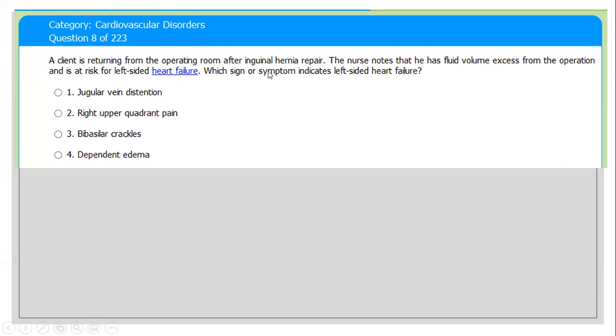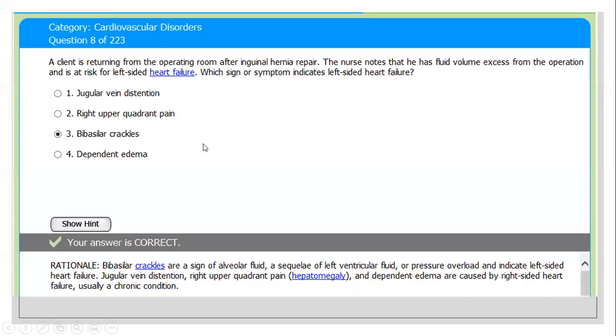Which sign or symptom indicates left-sided heart failure, right? Number 1, jugular vein distension. Number 2, right upper quadrant pain. Number 3, bibasilar crackles. Number 4, dependent edema. The correct answer is